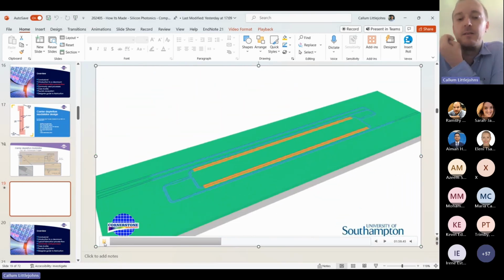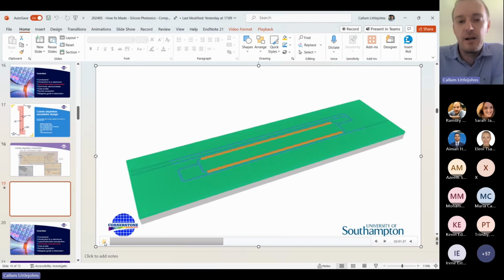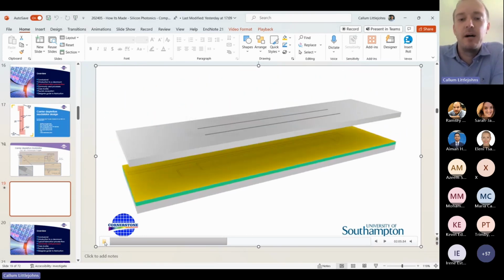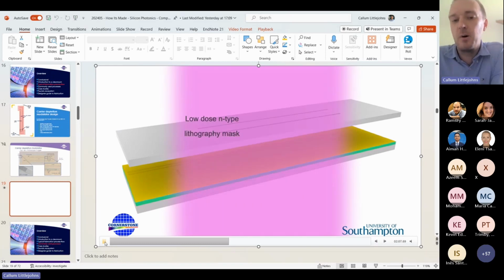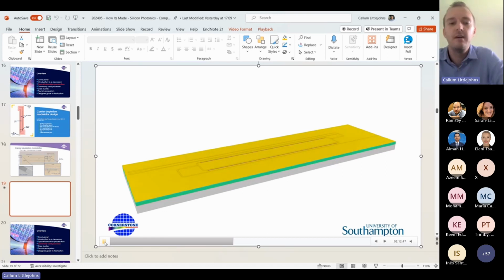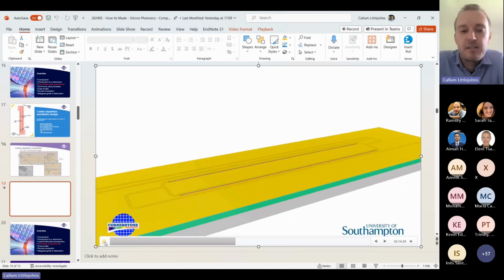So we've now got 3 different silicon etch depths. We've got the gratings, the rib waveguide and the strip waveguides. We're now going to go through 3 more implantation levels. So the first one is to do an N-type doping level, and this is formed on the other side of